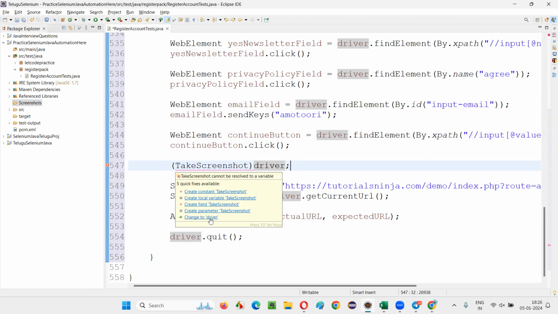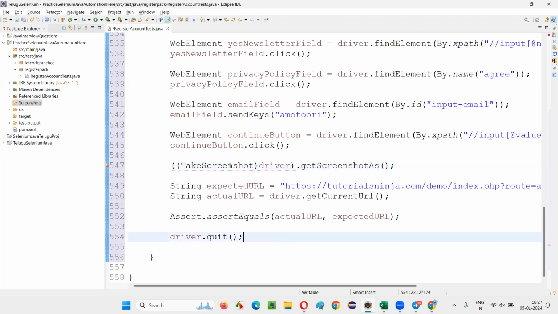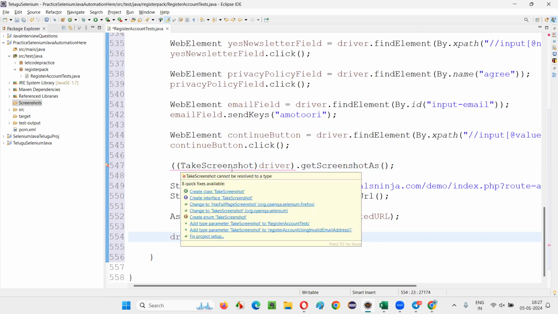We have to surround this with the circular brackets and simply say dot get. You have to type it manually, guys. Type get screenshot as, and after that,